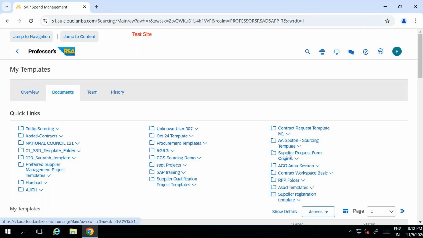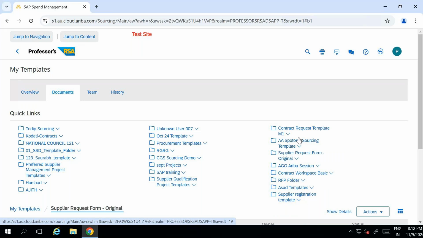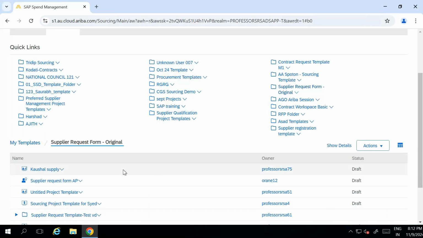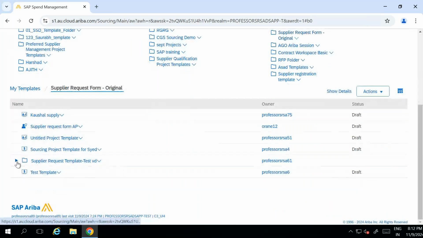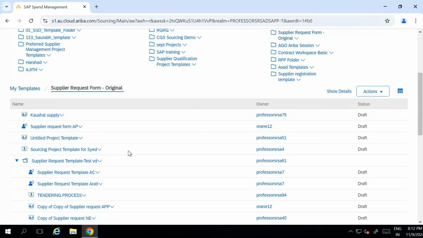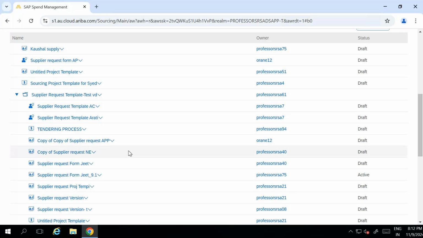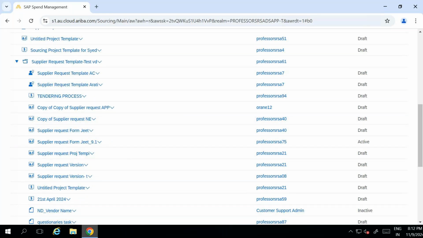So we have access to all the templates. And with these templates, only SLP templates we cannot copy. Only the standard templates are what we can use. But a sourcing template we can create and copy, we can make multiple templates. But for SLP, from the Ariba side there is a limitation, you cannot copy that template. But yes, you can use the standard templates only. So we will see how to